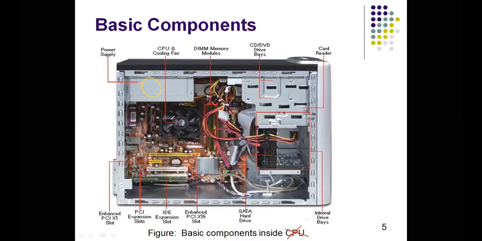Then second thing, here they are mentioning the cooling fan. Can you see the cooling fan? Here we have one fan, the cooling fan. So what is the use of this cooling fan? So that you can reduce heat when you work with the computer. What is the use of the cooling fan? Sometimes the CPU casing heats very much, so the cooling fan reduces the heat.